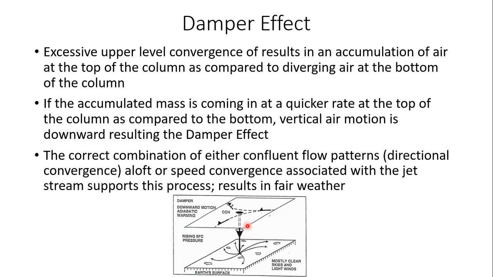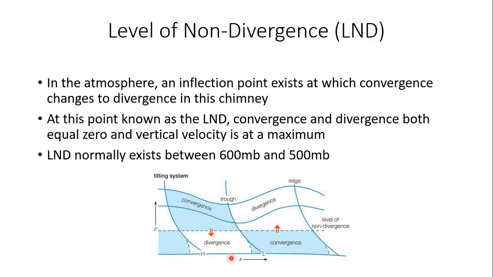This generally occurs when we get upper level convergence above an area of low level divergence. The damper effect is associated with fair weather and surface high pressure, a low level diverging airstream. Then I talked about a level of non-divergence, LND, a very important level in the atmosphere, in the mid-levels of the atmosphere, where maximum vertical motion or vertical velocities occur, whether we're talking about downward directed subsiding air associated with